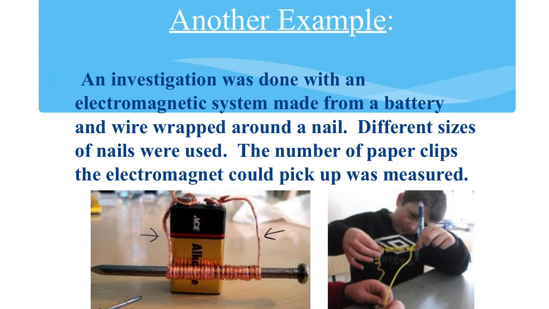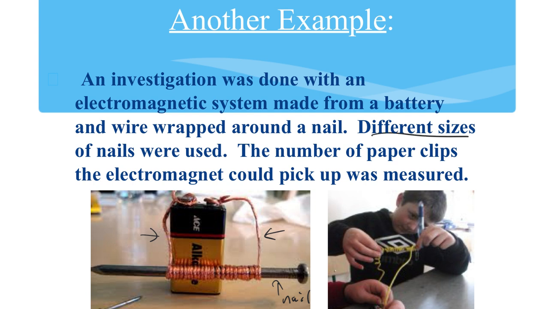You can strengthen that magnetic field by putting a nail through the coils. Now, first of all, this wire needs to be coated with plastic so that the charge doesn't leak out or short circuit. But they didn't say that. Anyway,